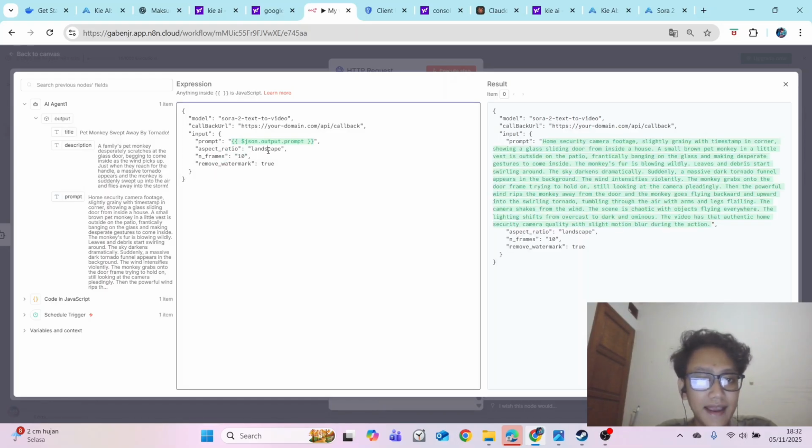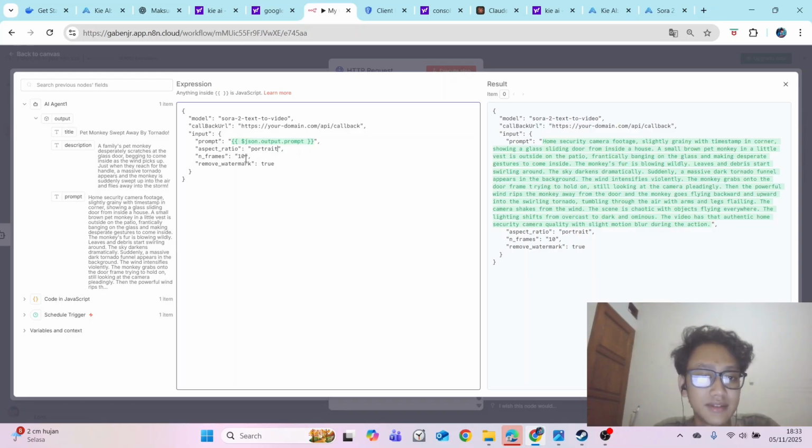Aspect ratio you can choose whatever you want. For example, I will use portrait. Make sure this word is correct, because otherwise it will error.